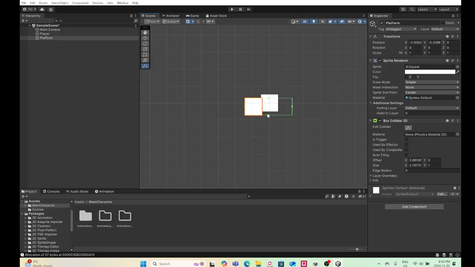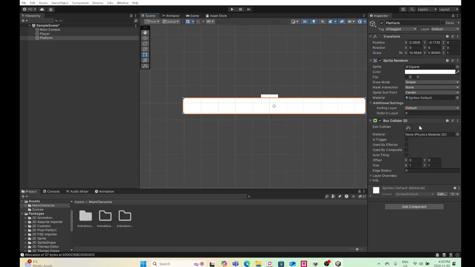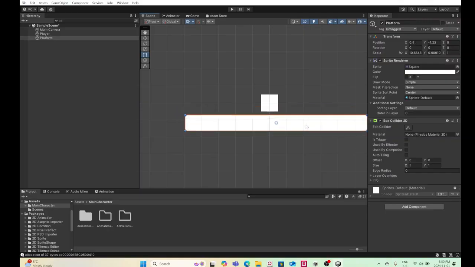Actually, that's not what I want to do. Sorry, my bad. I'm going to unclick that. This is what I want to do. Sorry, yeah, you do click that if you want to edit the box collider. But if I just edit the platform itself, then the box collider sort of follows. That's if I want to edit the box collider by itself. Okay, anyways,